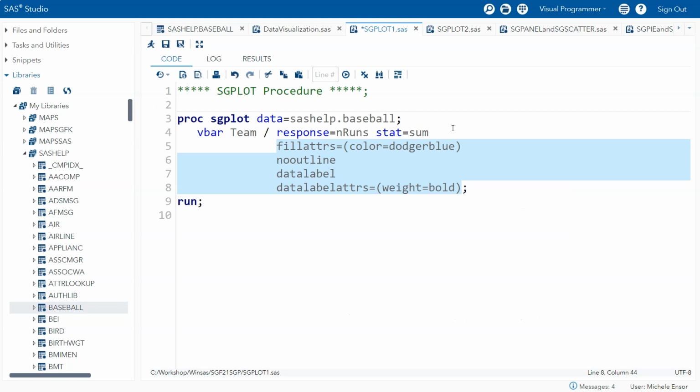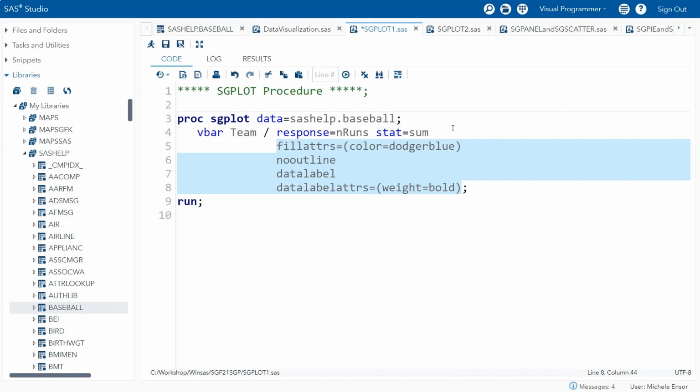I've added more options. For the fill of my bars, I want the fill attributes to have a color of Dodger blue. I do not want there to be an outline around each bar. I want there to be a data label at the end of the bars. That data label will represent the sum of the number of runs.